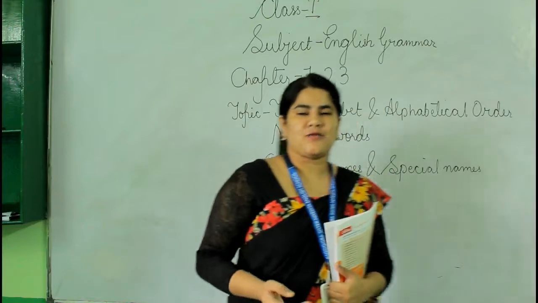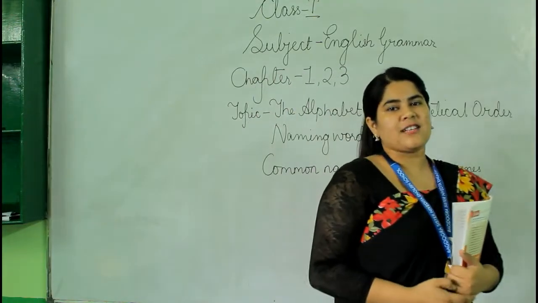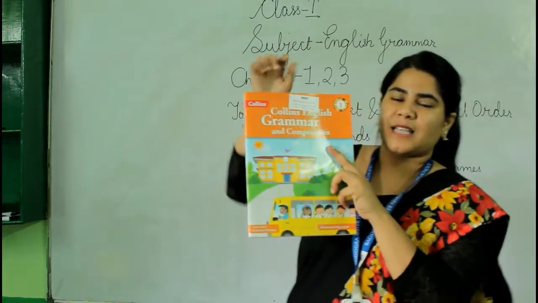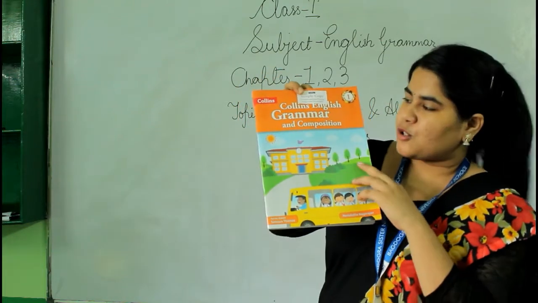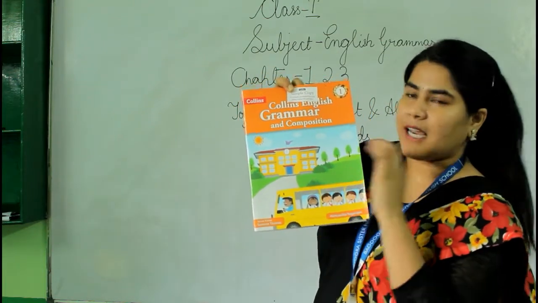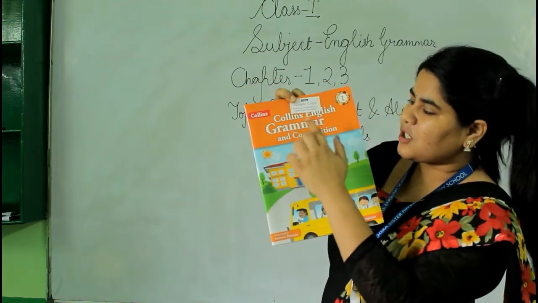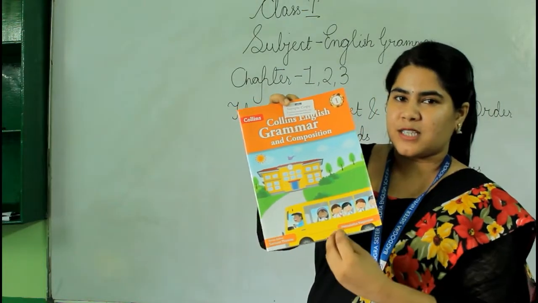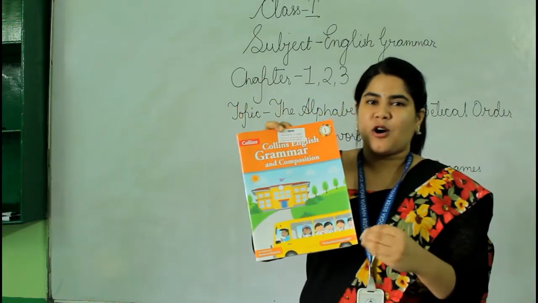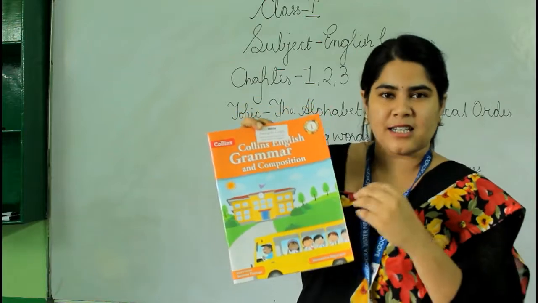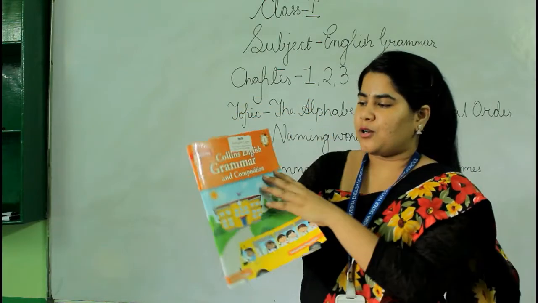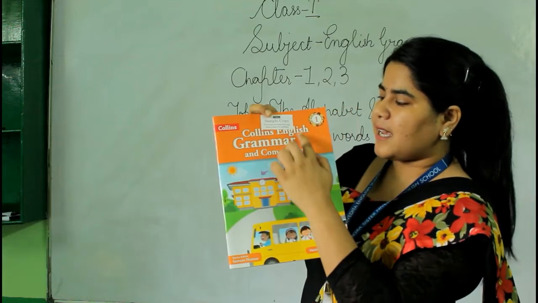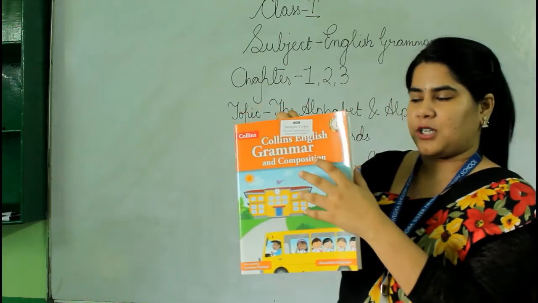So far as we have done English literature, right? So today we are going to start with English grammar, okay? So this is the book that we are going to follow today. Have a look at the book, and the name of the book is Collins English Grammar and Composition. I suppose that you all have got this book, and I kindly request you all to take out this book and let's study together, okay? So once again I'm telling you the name of the book. It's Collins English Grammar and Composition, okay?